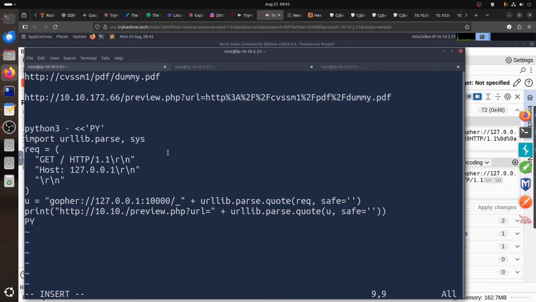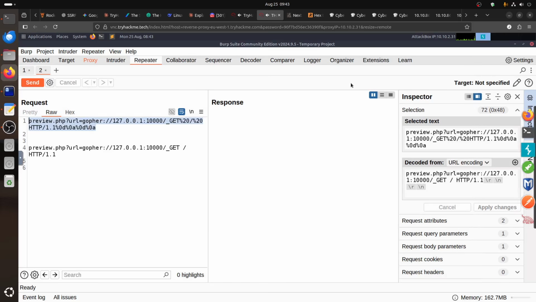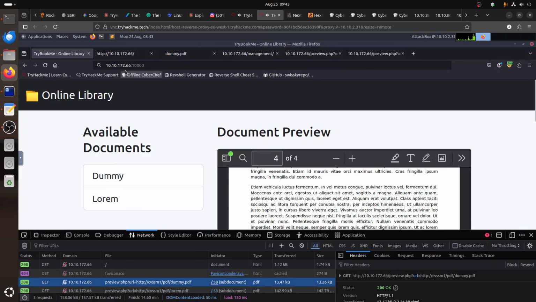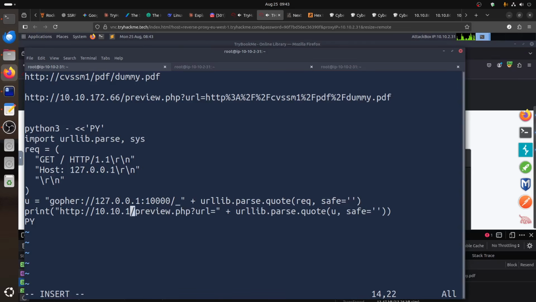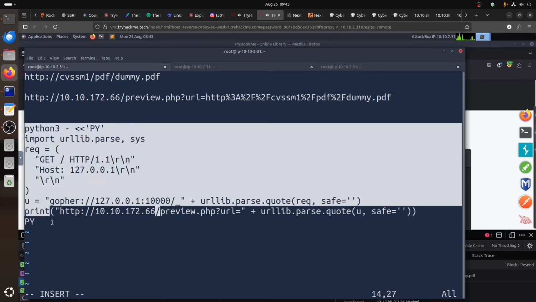So basically, this request is only a GET request. We just tell it the host. What's the IP of the machine? If I was lazy, the IP of the machine is 172.66. So if I run this script now,